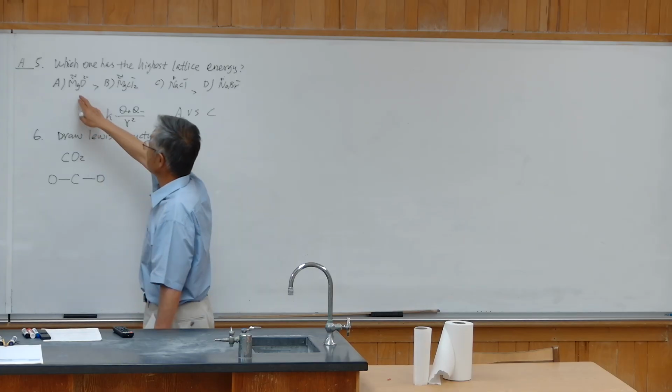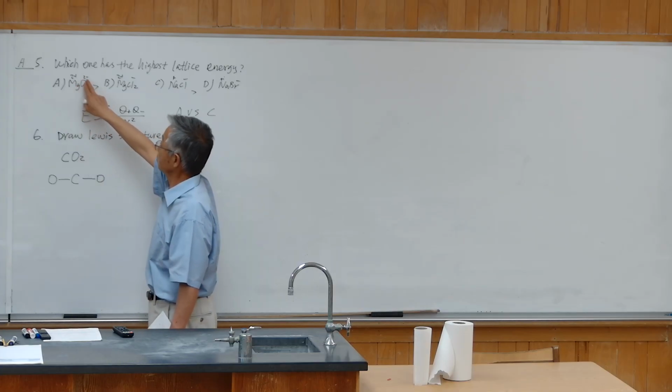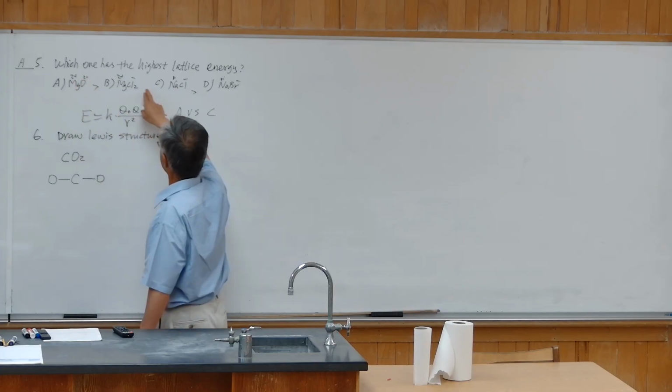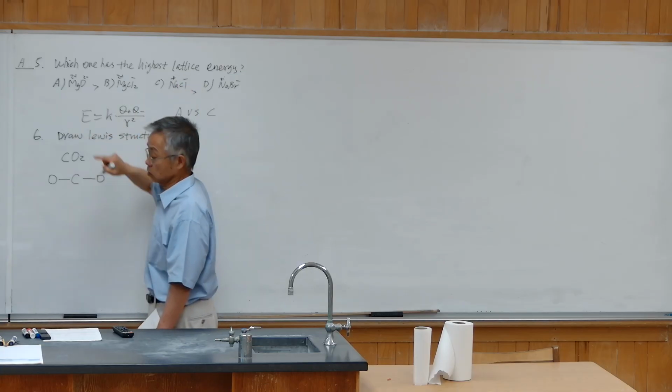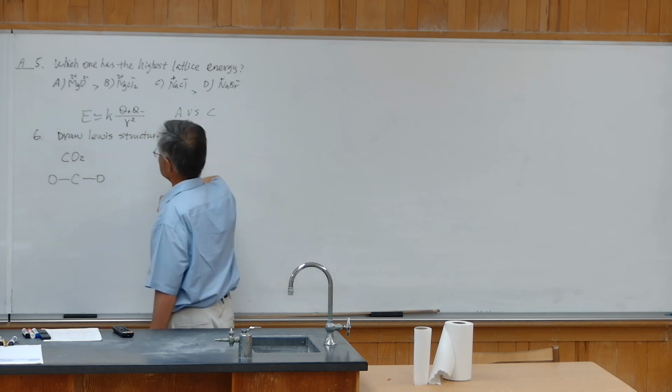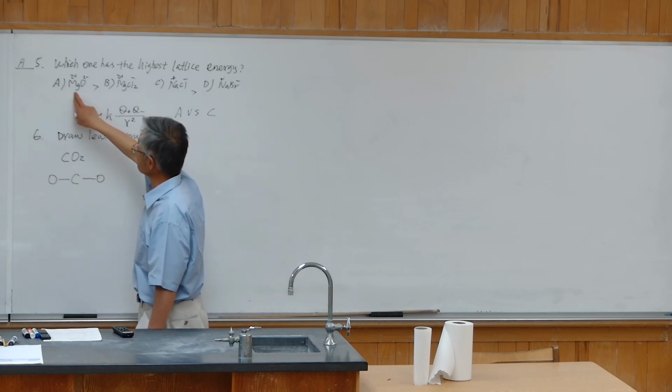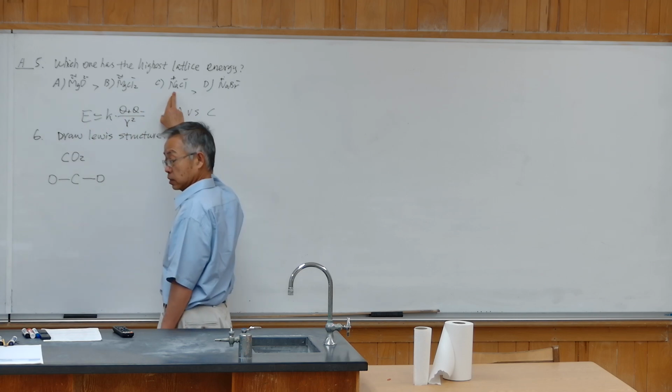So clearly, A charge is +2, -2, and C is +1, -1. So this is 1 times 1 is 1, and that is 2 times 2 is 4. So it is 4 times higher than this. And for size, magnesium size is smaller than sodium. Right? If you take a look at your table,